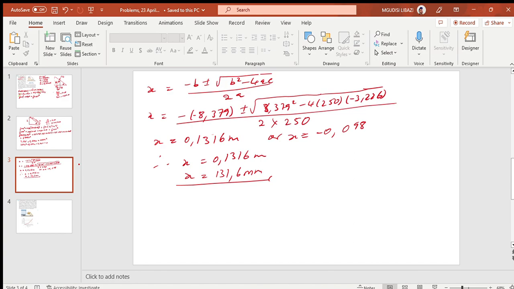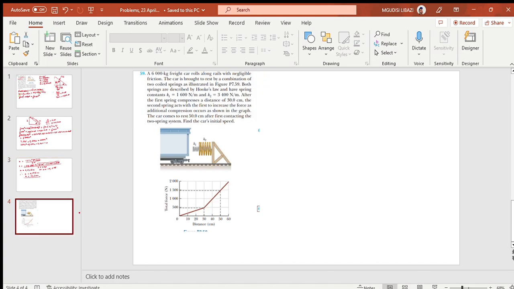So that's how we can do that question. So the next question says now, a 600 kilogram fridge car rolls along rails with negligible friction. The car is brought to rest by a combination of two springs as illustrated in the figure. They're saying both springs are described by Hooke's law, and they have spring constant K1, which is 1,600